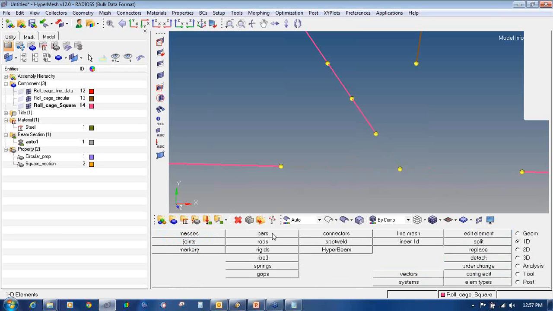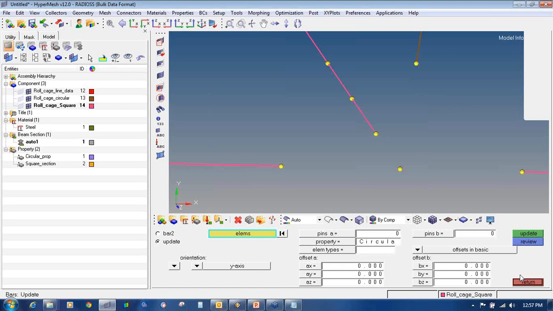So I will go to 1D bars to create new elements. Go to 1D page, bars. As my roll cage square is the current component, always make sure which is your current component. If you have 2 different components or 2 different cross sections, always make sure which is your current component. First create those bars and then make the other component the current one and then do the meshing. So go to bar 2, from node A to node B create one, from this to this create, this end to this end create. Now if you create this end to this end, it will create a square section, so